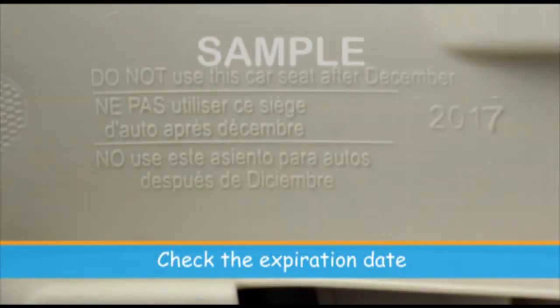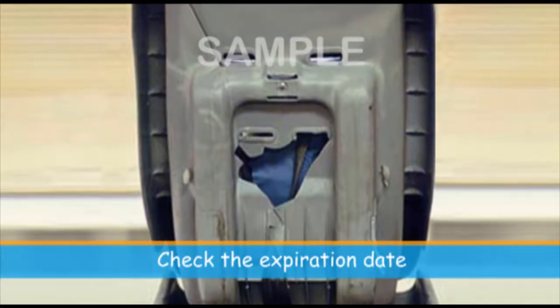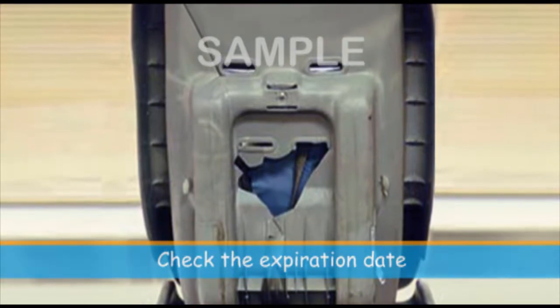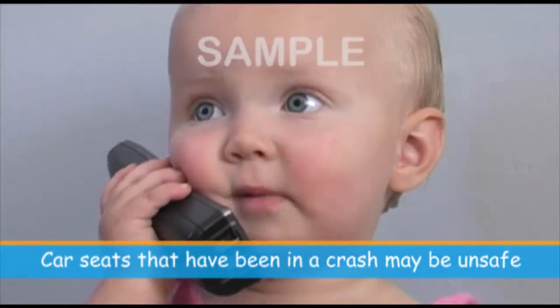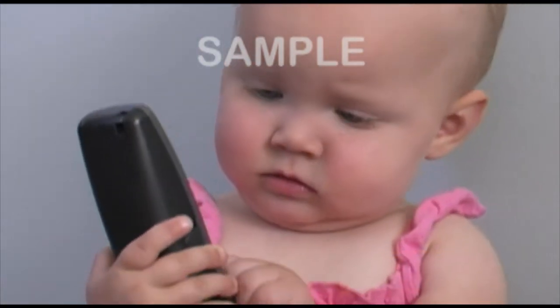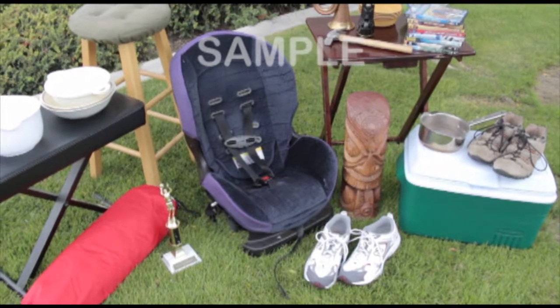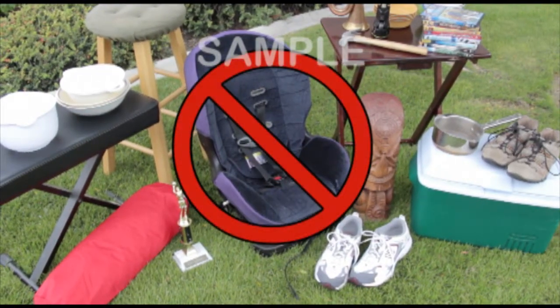Generally, don't use a car seat if it's more than 6 years old, as safety technology constantly improves and older car seats wear out and can break in a crash. If your car seat has been in a crash, call the manufacturer to determine if the car seat is damaged or unsafe to use. Also, purchasing a used car seat is not recommended, as these seats may have missing parts